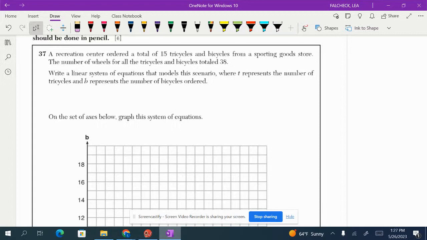Ordered a total of 15 tricycles and bicycles from a sporting goods store. The number of wheels, ooh, this is tricky. The number of wheels for all the tricycles and bicycles totaled 38. Write a linear system of equations